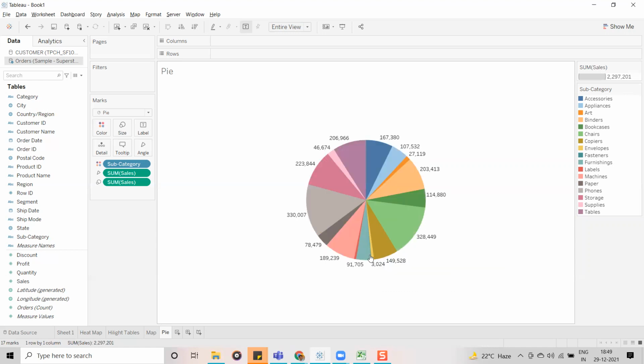See, this is not visible properly. Because of this, whenever we have fewer data members, we can go with the pie chart. It is a suggestible chart. Is it clear, guys?